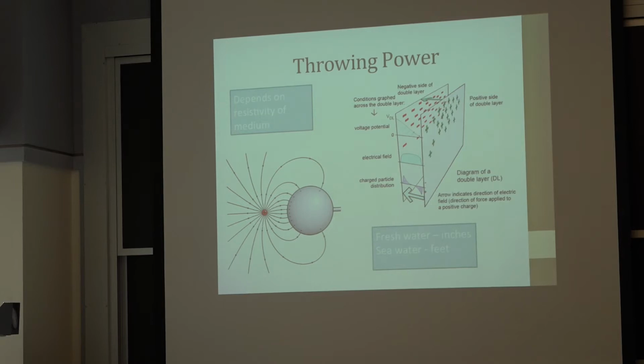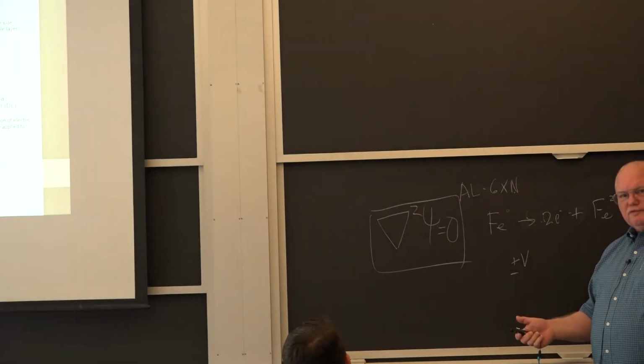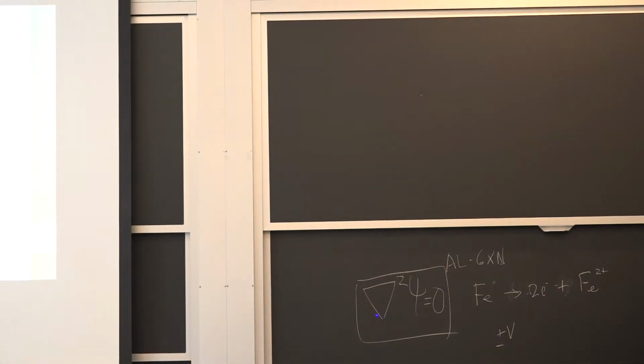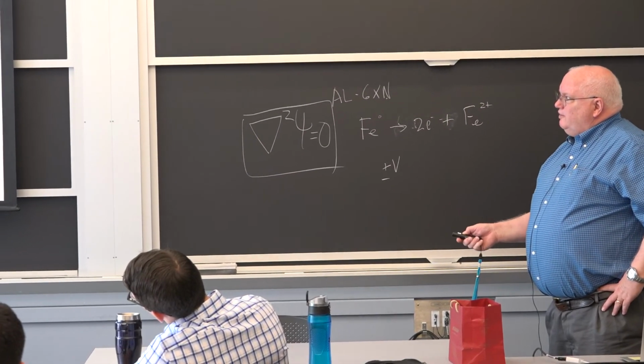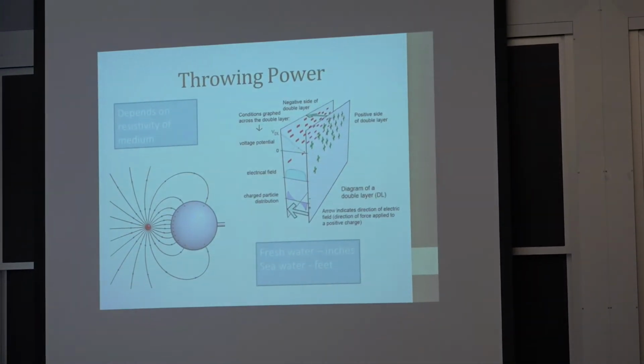If you put the field in here, you'll get a voltage. The gradient of the voltage is the field, and so if you want to plot the field lines, this could be an electrical thing, which is what I'm trying to show. You can talk about some